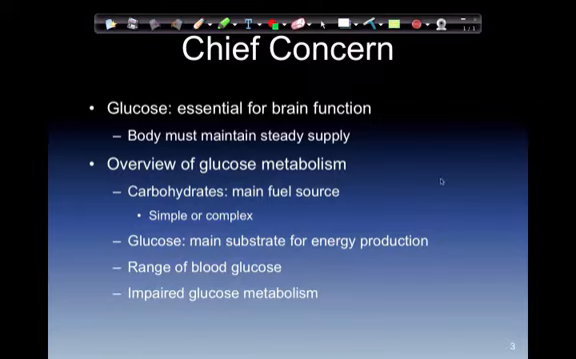Carbohydrates are our main fuel source. We have two forms of that, simple and complex. Simple carbohydrates are found in foods such as fruits, table sugar, and milk. Complex carbohydrates are derived from vegetables, nuts, and whole grains. Glucose, the main substrate of energy production, changes in the circulating blood glucose levels